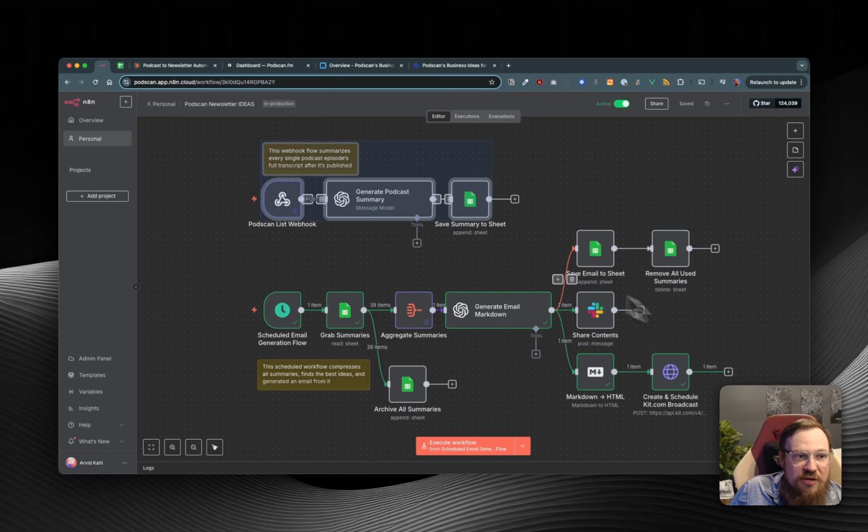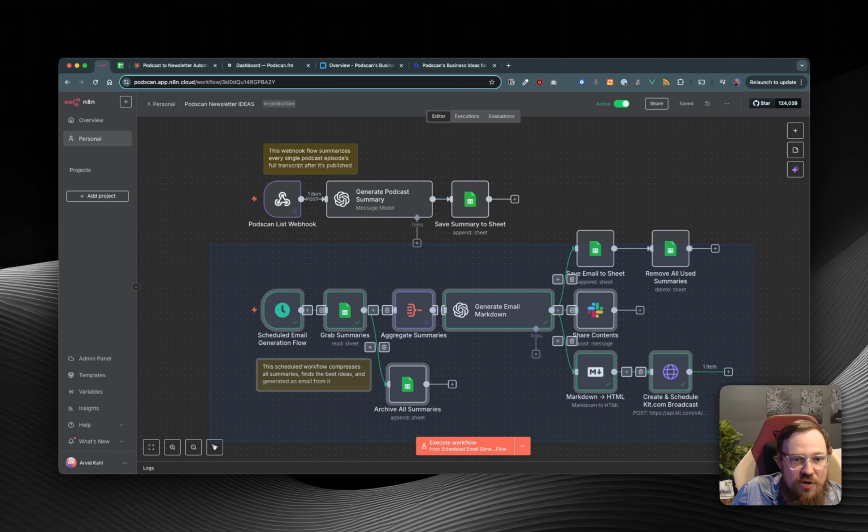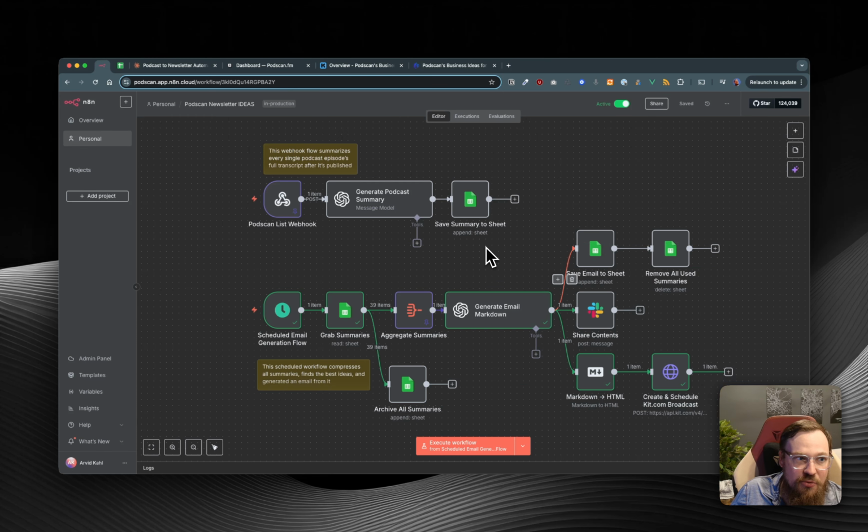This one up here, which is the webhook coming in. We generate a summary, we save it somewhere to a sheet. I'm explaining in a second. And then a much larger one that is a scheduled one that actually generates the email out of all these summaries. Now, when a webhook comes in that contains the full transcript here, I take the transcript,